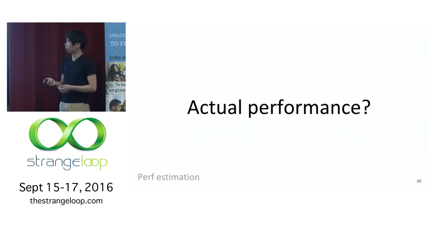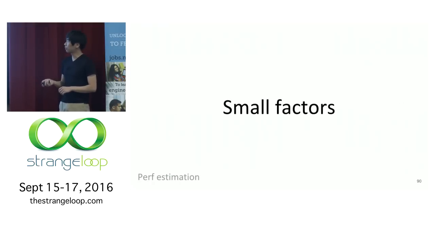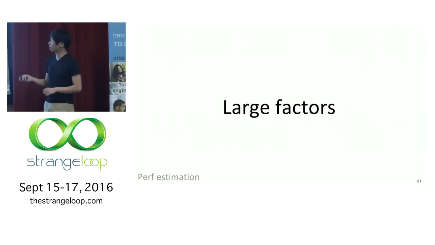So how close is this to real performance? If you account for a number of other factors, we actually get really close to this. When I do a calculation like this, I'm pretty happy to get a factor of 2 if I just calculate what I've shown you here today. Turns out for our system, there's a lot of small factors that will change things by 5 or 10%. Just in the interest of time, I'm not going to talk about those. There are also a couple large factors that change things by a lot. I will discuss these, though.